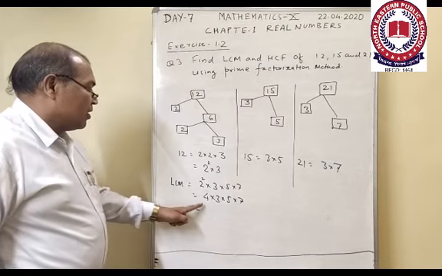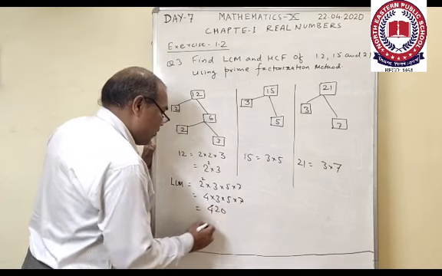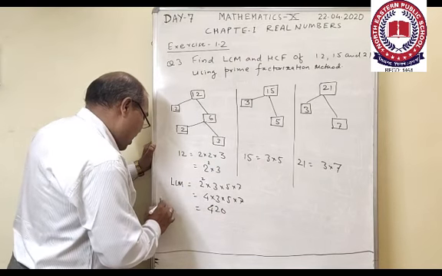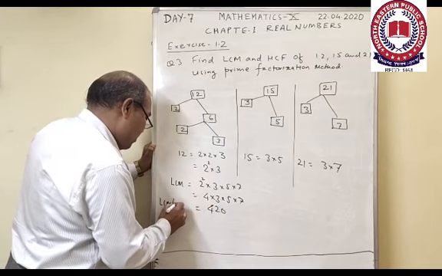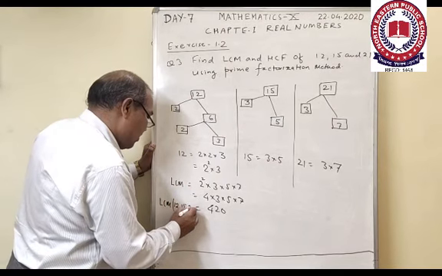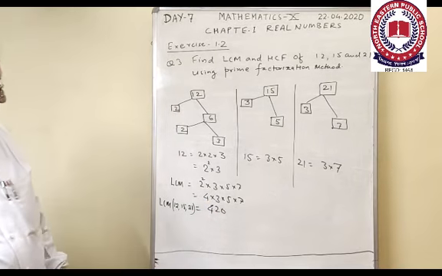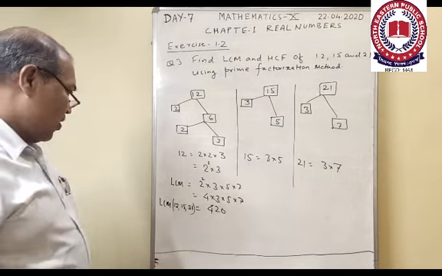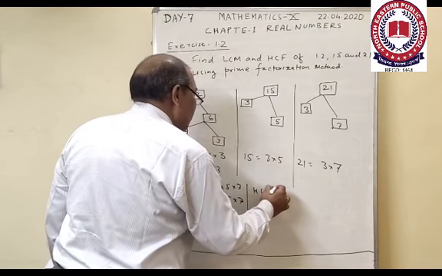So 4 times 3 is 12, 12 times 5 is 60, 60 into 7 is 420. This is the LCM of these three numbers 12, 15 and 21. So the LCM is 420, and now the HCF of these numbers 12,